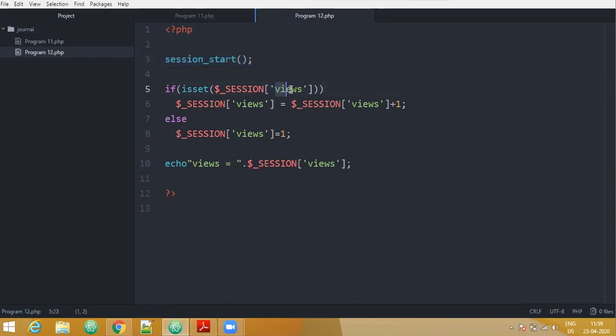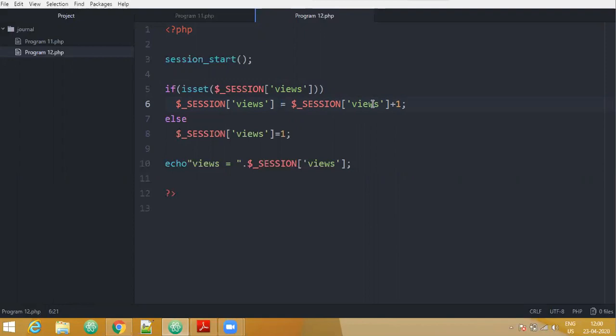Inside the session we have views, to keep a record of how many times a user has visited the page. Since our session exists, this if condition executes. Every time a page is visited, every time a session is started, we are incrementing the views.